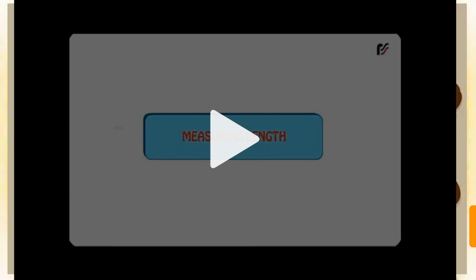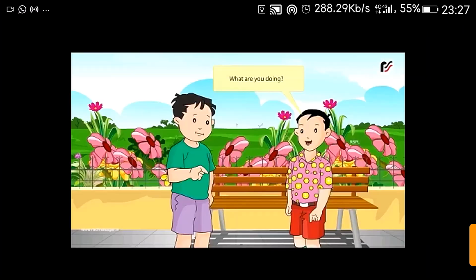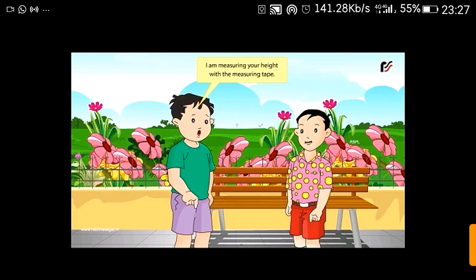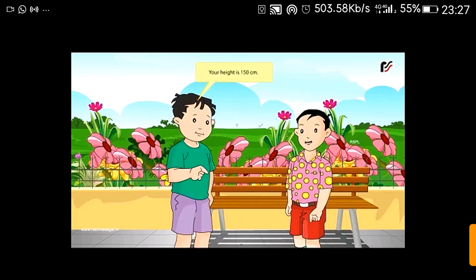Let's see one video. What are you doing? I'm measuring your height with the measuring tape. Your height is 150 centimeter. What else